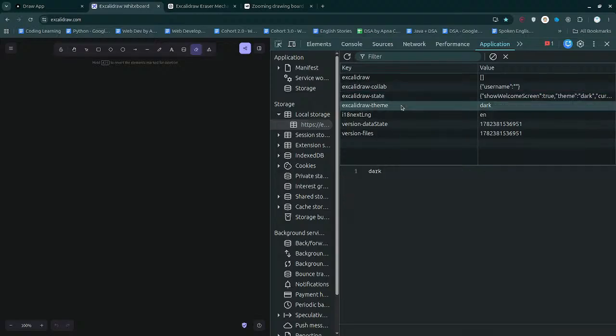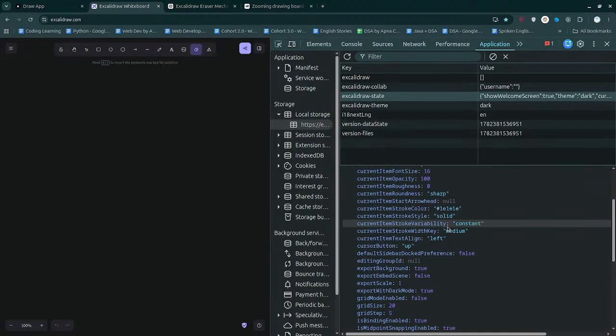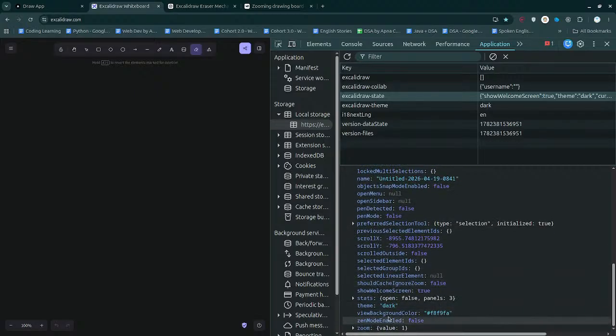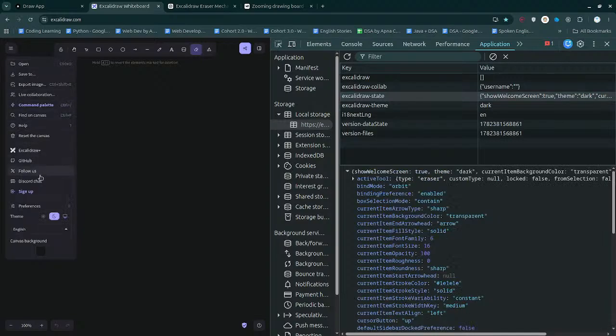Active tool preference, dark theme, username, theme is dark, view background color. So if I change the background to